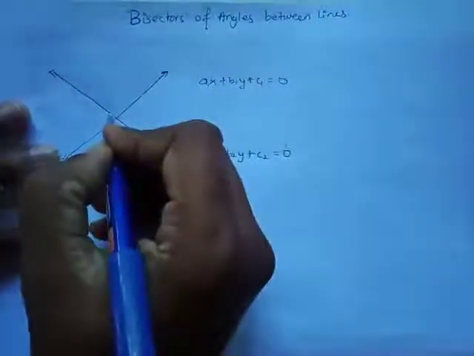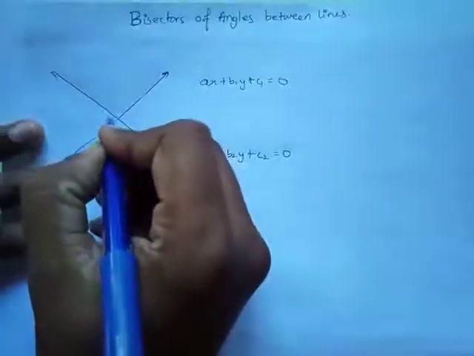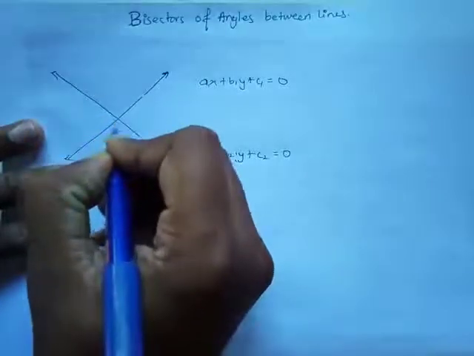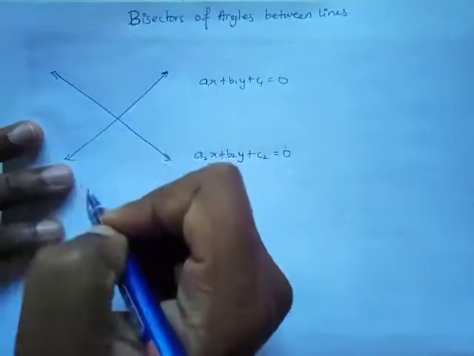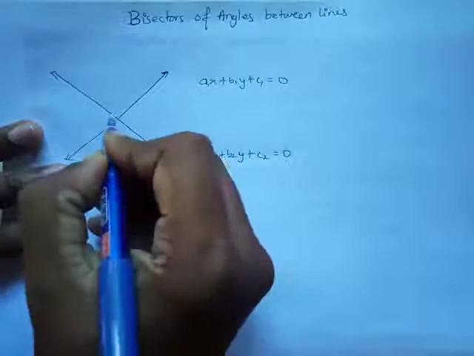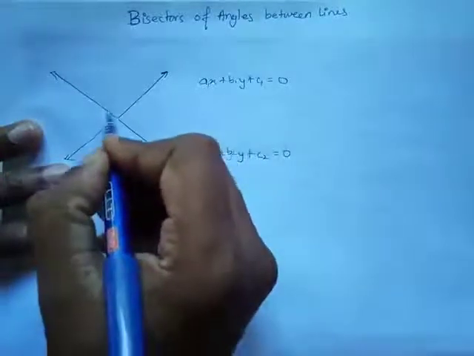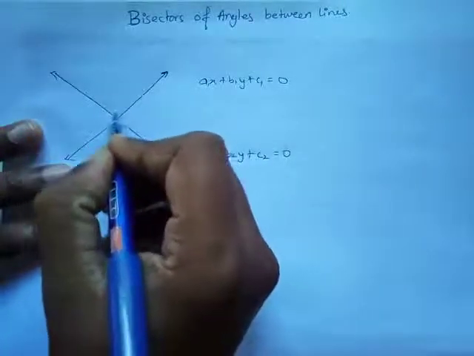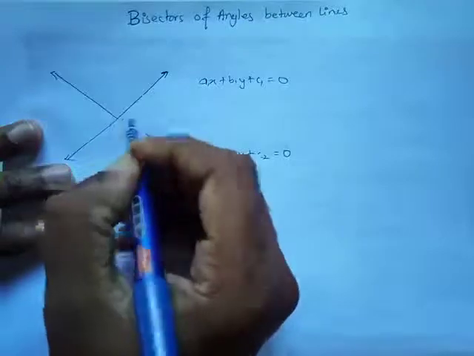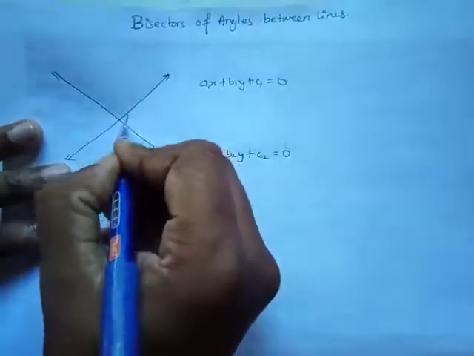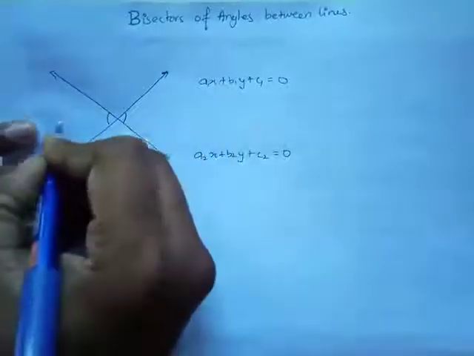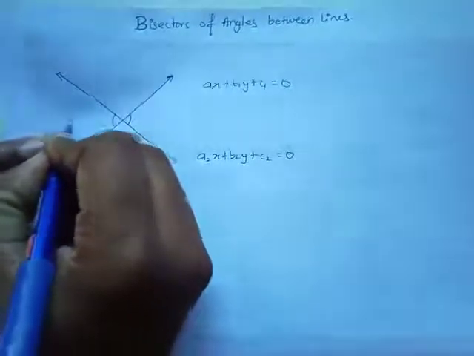Now there are angles being formed. If you see very carefully, there are angles being formed over here. Let's imagine, it's very clear to us that these two are equal angles, obtuse angles, and these two are both acute angles. So when I bisect these angles,